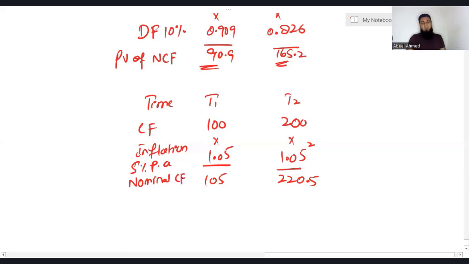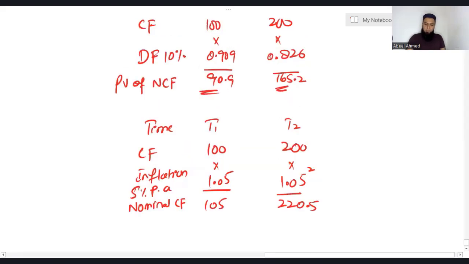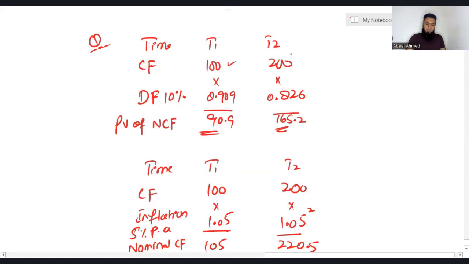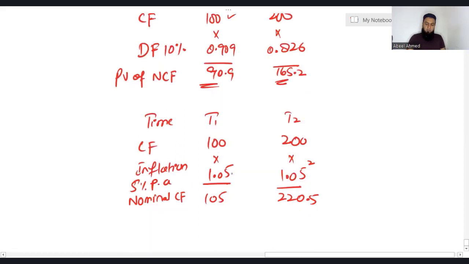Now listen carefully. When your cash flows are nominal, then your discount factor has to be nominal. Repeat, when your cash flows are nominal, then your discount factor must be nominal. It is the same question, 100 and 200. What I did was incorporate 5% inflation into this. It means the given 100 is a real cash flow, and now we have converted it into the nominal, which is 105. 200 is in real terms, and we have converted it into nominal. Since the cash flows 105 and 220.5 are in nominal terms,